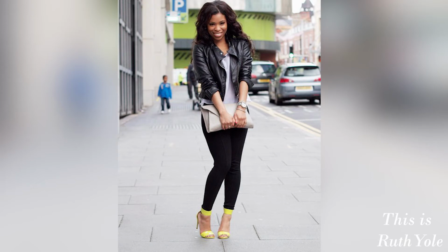So number 3, a leather jacket. It works perfectly. A black leather jacket is even a plus, and you can wear this with your, of course, pants. This is a very formal vibe. So let's say if you want to complement your black dress, or you're going for a dinner and you want something warm,